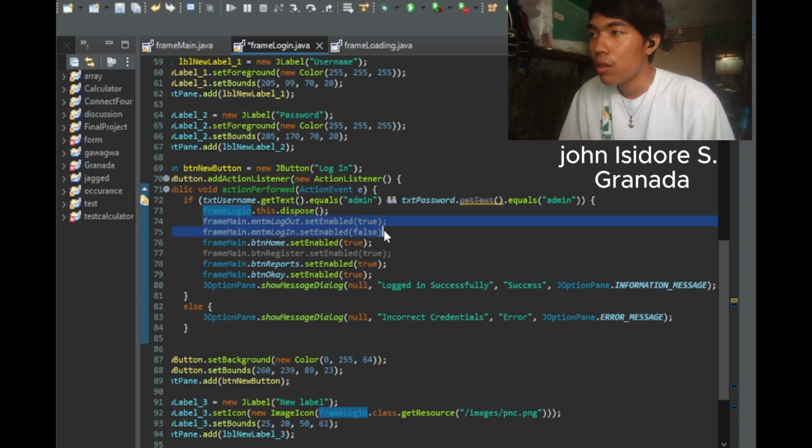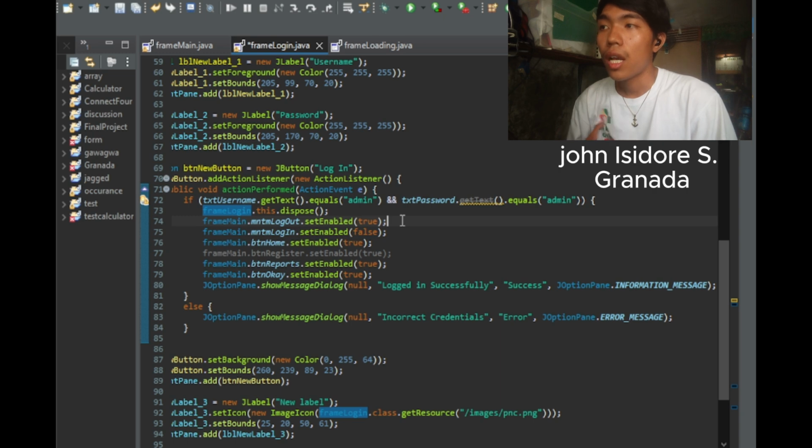Here we have the log out, log in, home, reports, and OK buttons. This is the setEnabled to make the buttons clickable. Once you log in, the log out will be set enabled to true, and then the home, reports, and OK buttons will be set to true.